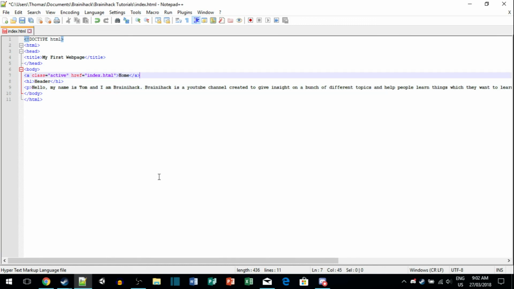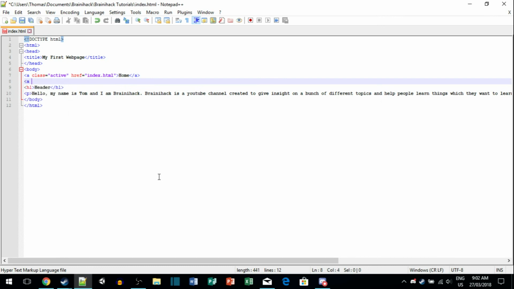So then we'll make another one, but this time we're not on an active page. The active class is just saying that we're on the page at the moment, but this is a different page that we're going to go to. So we're just not going to include the class active, we're just going to put a href, and this time we'll call it,